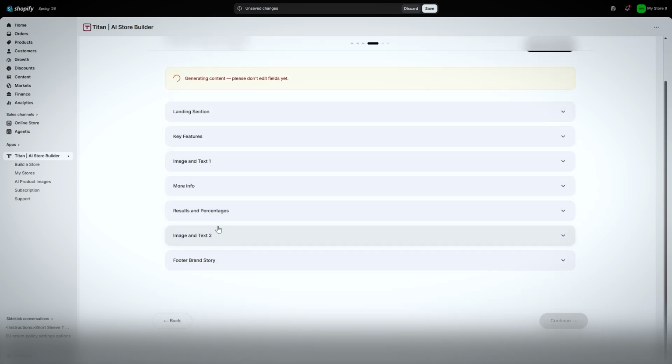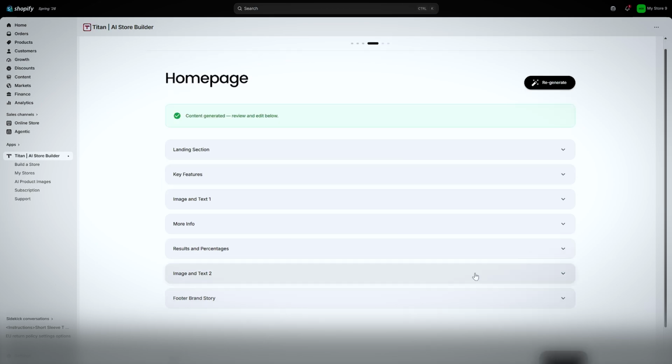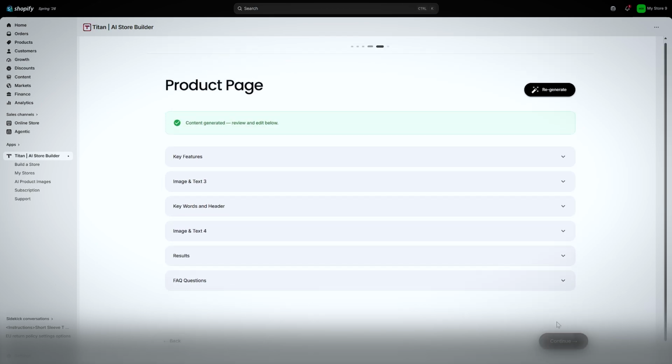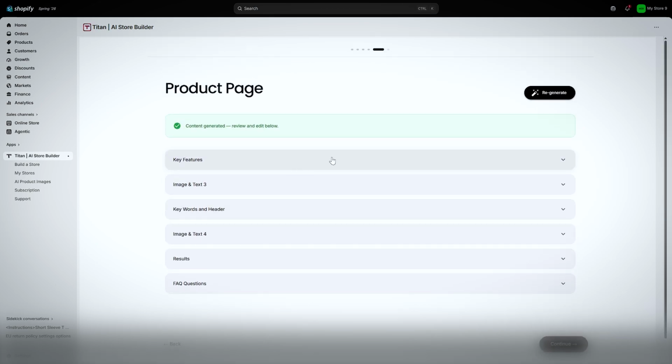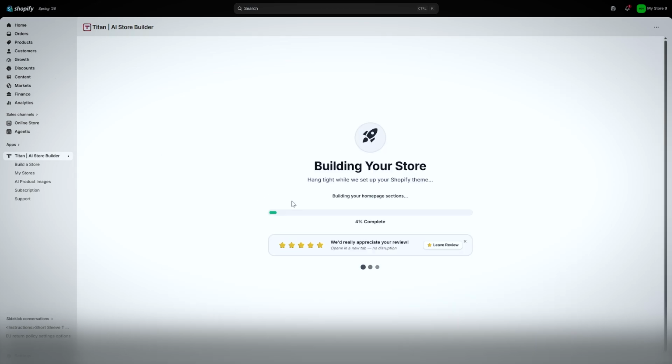Once this is ready, it's gonna take a couple of minutes because it's gonna have to put all of the text together for your t-shirt and kind of make it look good and create like a custom website. So just be patient. Okay, when this is ready, just click on continue and we're gonna review the whole thing. So let's click on import to Shopify, and this is the final step, guys. Once again, just be patient and wait for 3 to 4 minutes because it has to import it into Shopify